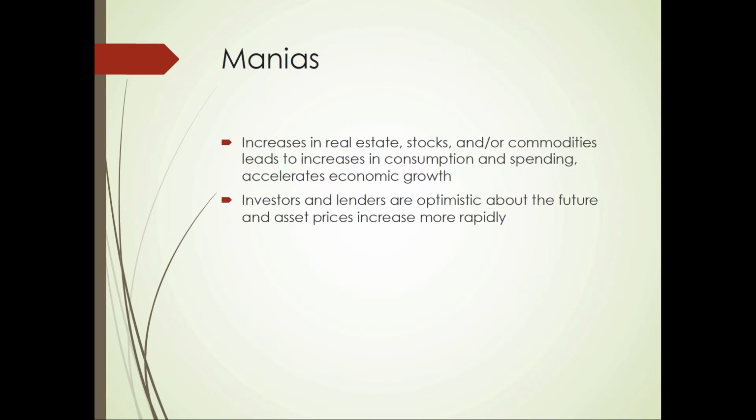So again, we've seen these manias in real estate, which is one of the more common areas. Stocks, and certain commodities like Bitcoin, not a large scale mania, but from time to time it has one. And a lot of it happens too when groups get overly optimistic. This over optimism comes from the fact that they keep thinking that the prices will go up more and more and more.